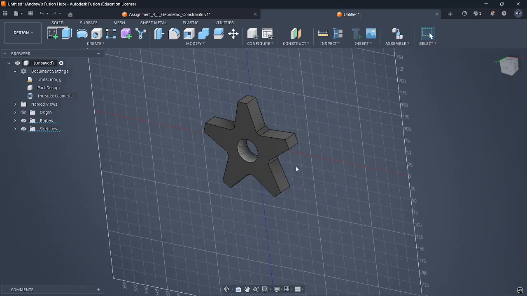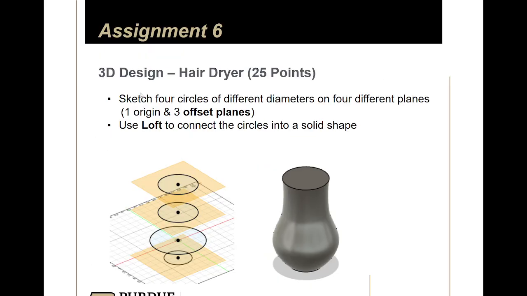Obviously, when you make your own stuff, you can do whatever you want, but these assignments are here so you learn how to use new tools that we introduced to you. But yeah, any questions? I know I went on like a very long rant about the hole tool, but it is important. So yeah. No questions? Okay, cool. I'll be looking at time. Oh well, okay. We're going pretty quickly. All right, so for the next one, we're going to create this hair dryer, and then